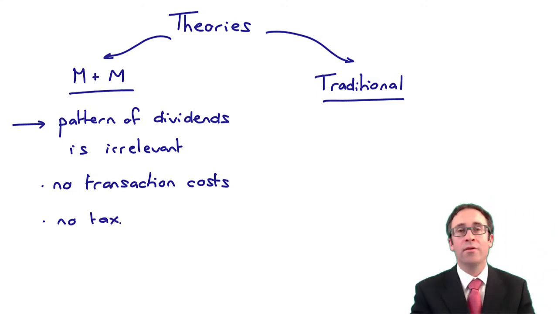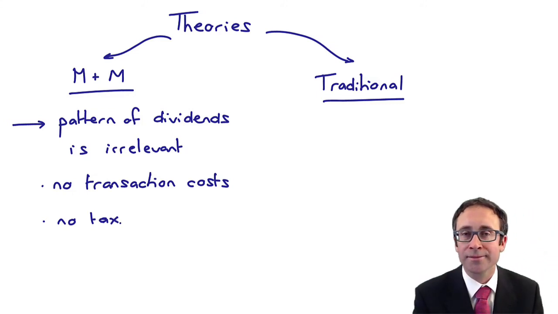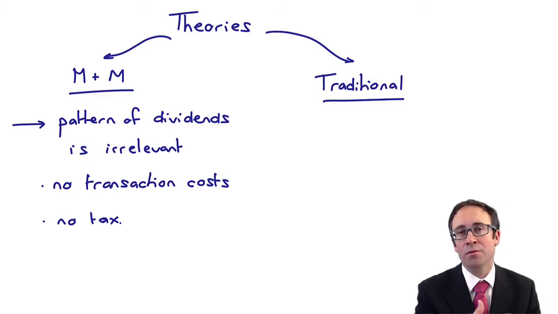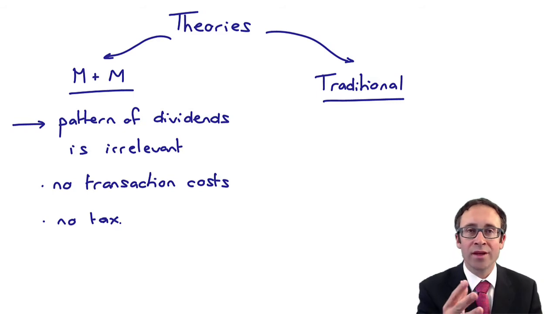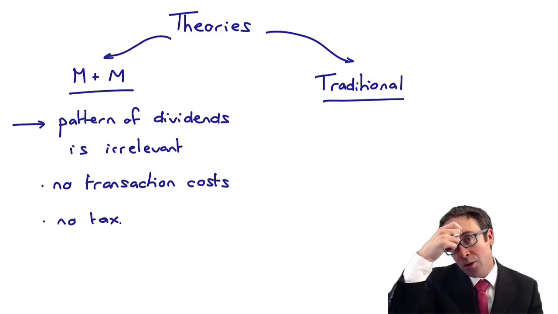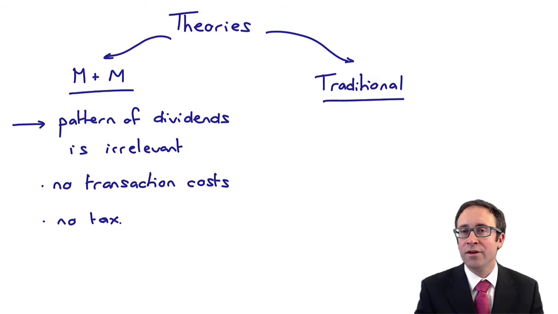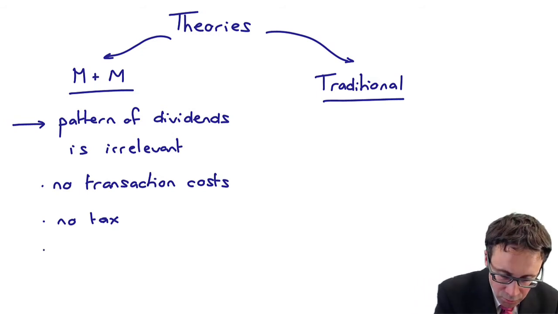And also that there is no tax. Because if there is tax, you will not be indifferent between capital growth and dividend income in terms of how you are planning your tax efficiently. Also, they assumed